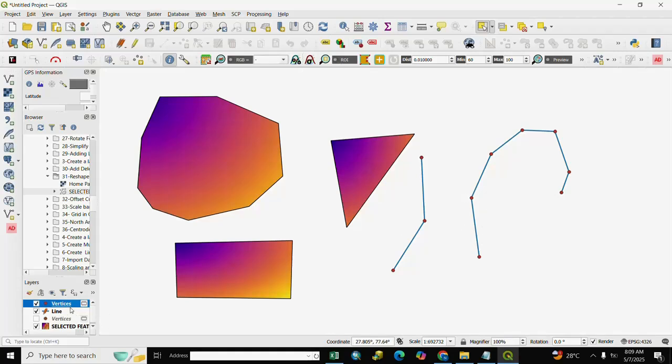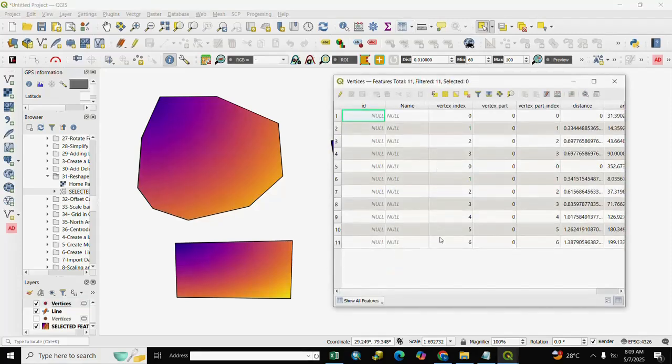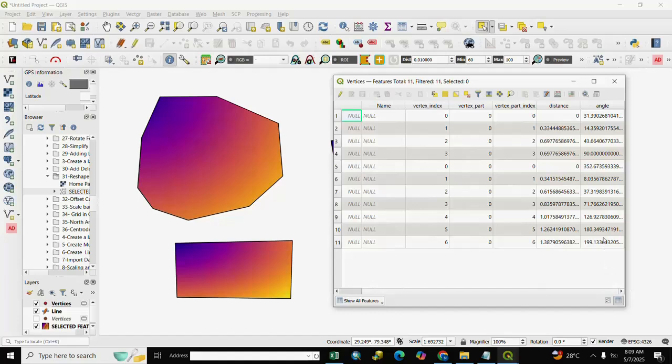If you want to see the table, you go to open attribute table. Here is the whole attribute table and detail, angle and distance.